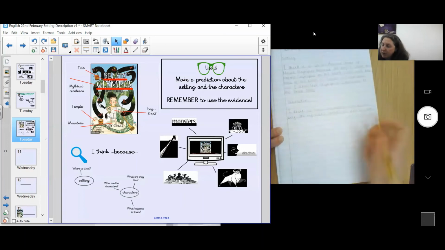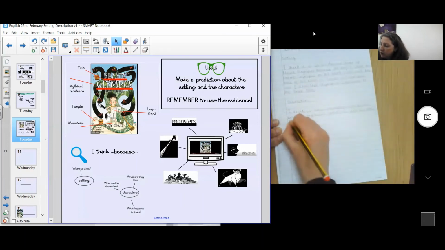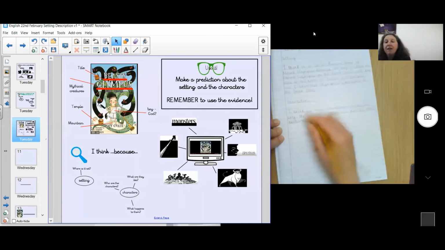So now I need to follow that with the subordinate conjunction because, and I then need to give the evidence from the front book cover or the trailer to back up my prediction. Okay, so I'm going to say, because